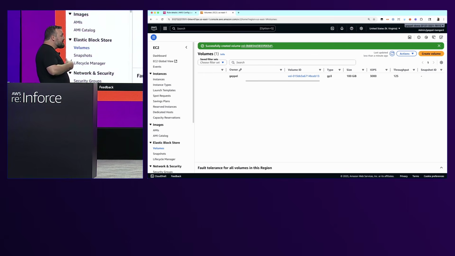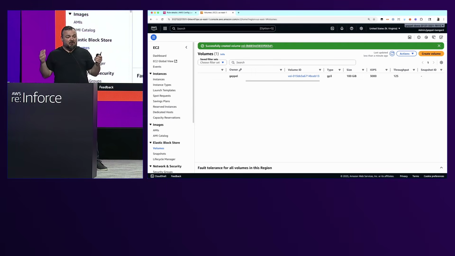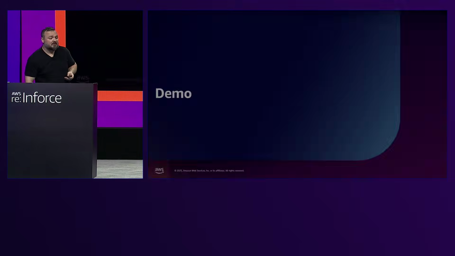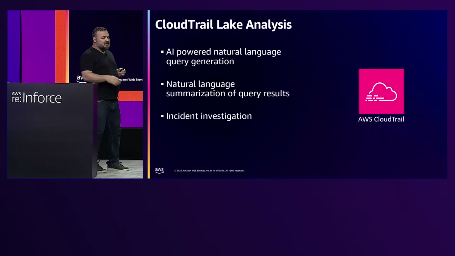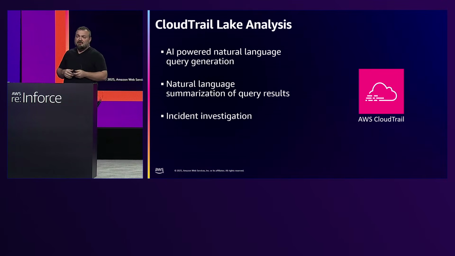So again, our recommendation is not necessarily to use the GenAI tooling just to do all the work and not check it. You need to be involved in this, but it'll really help you accelerate your productivity. So let's go back to the PowerPoint. And this is the last one, a short demo, about 2 minutes here. I'm going to walk through the AI-powered natural language generation as well as the summarization, and how you set this up in the first place.